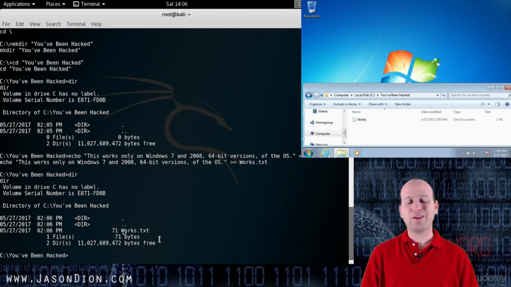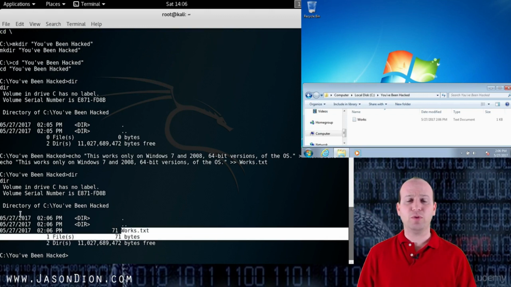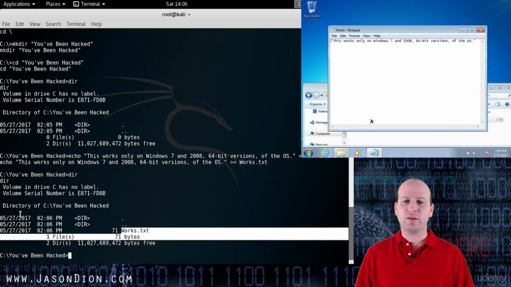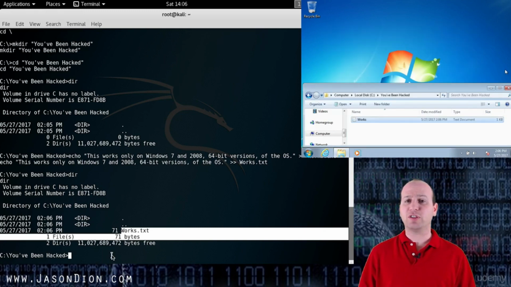So at this point, I can do whatever I want on this Windows machine. I can move files, remove files, delete files, create new files, grab system information, create users, pop holes in the firewall, and really just start expanding my access from here. This was just the initial way in. Now again, this is only going to work on Windows 7 and Windows 2008 right now. There are people who are working on Windows 8 and Windows 10 exploits for this particular vulnerability as well. Microsoft has released a patch, but people are not patching quick enough on this one,